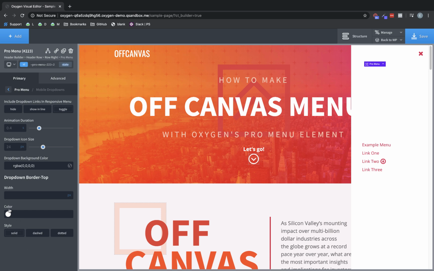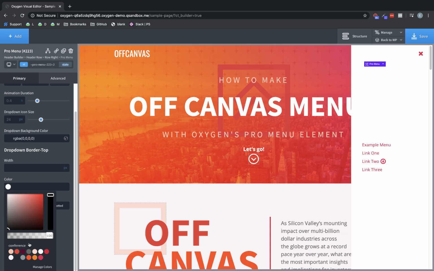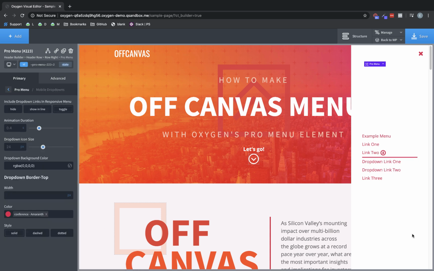and we can always adjust it if we want. Now the border top is useful because it kind of helps denote submenus. If you have a lot of submenus, it's good if your users have some visual indication that they're looking at a submenu and not a top level menu item. So let's go ahead and set this to our global color here, and we'll just expand this out so we can see what we're doing. It's way too wide, so we're going to set it to maybe 1 pixel,